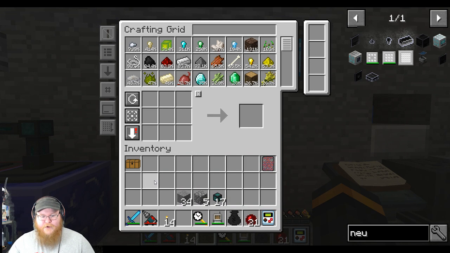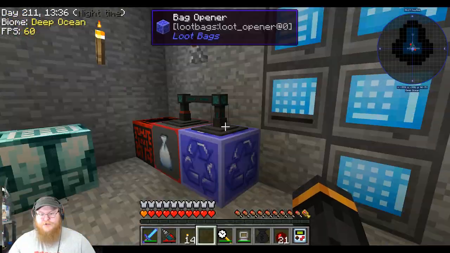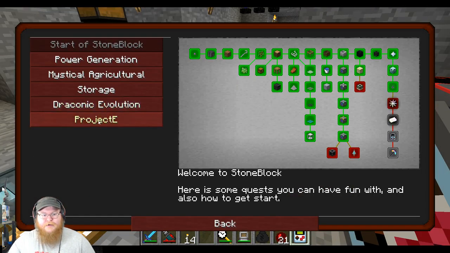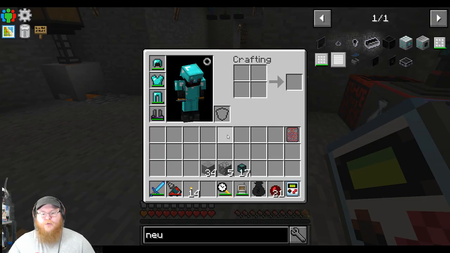So let's put all this stuff away, just in case we might need it in the future. And let's see what's in our box. Ooh, 64 MK. Good. Too bad I'm not using Applied Energistics. So I do want to try to start working on Project E today. We do have the ability to get ourselves a Philosopher's Stone, which does unlock...